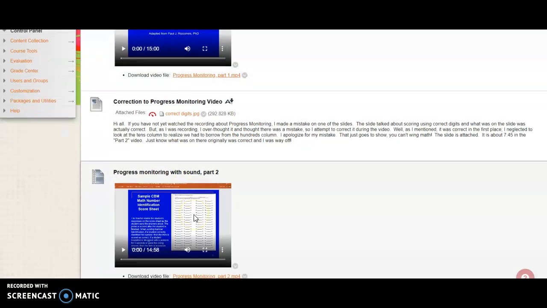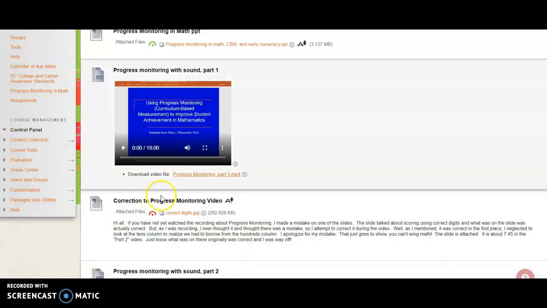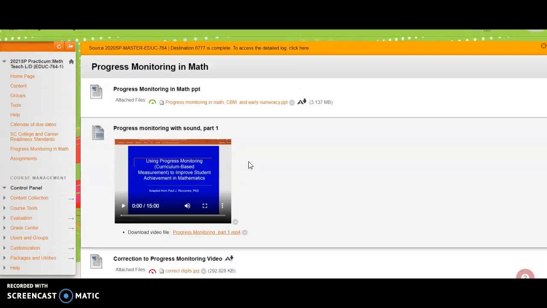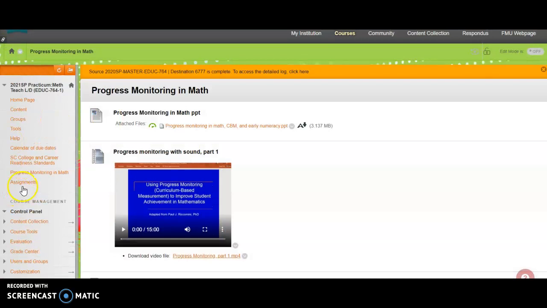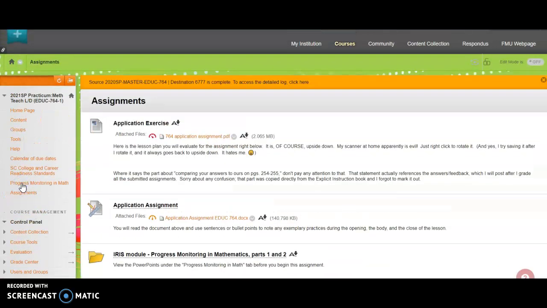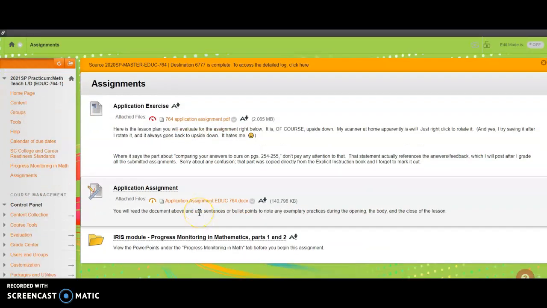And then here is part 2. So this PowerPoint might be helpful for you to view just so you have a better understanding of progress monitoring before you go into these two assignments. Talk to your CT, ask them if they do any progress monitoring in math, ask them what they do, ask if you're allowed to watch, ask how they chose the measures that they used. Try to really get some information from your CT about progress monitoring.